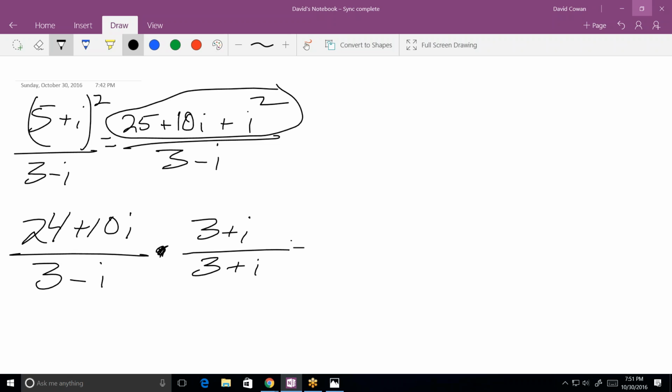Now, the numerator: 72 plus 24i. And these you always have to FOIL out. There's no simple formula because they're not the same thing. It's only when multiplying something by itself that you can use one of those other formulas. And then that would be